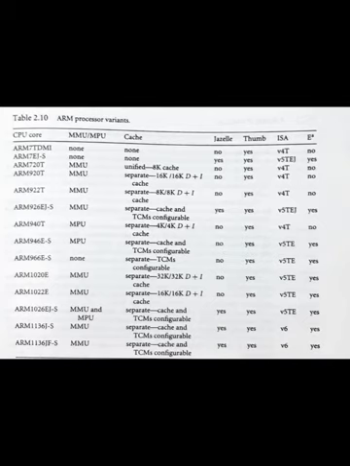Included in the ARMv6 instructions are the single instruction multiple data extensions for media processing, specially designed to increase video processing performance. The ARM1136JF-S is the ARM1136J-S with the addition of a vector floating point unit for floating point operations.